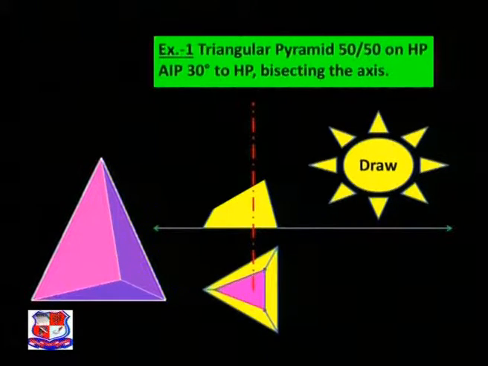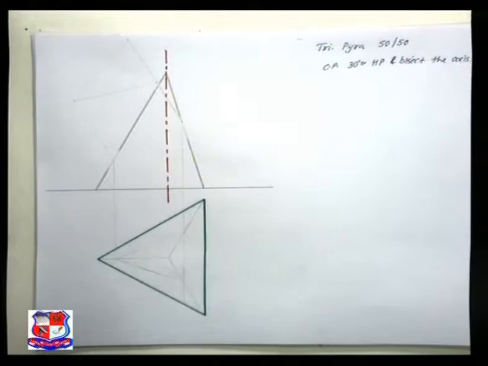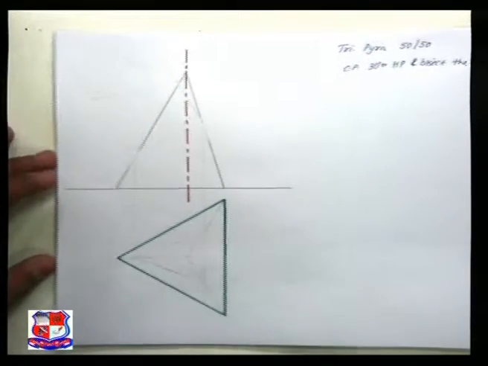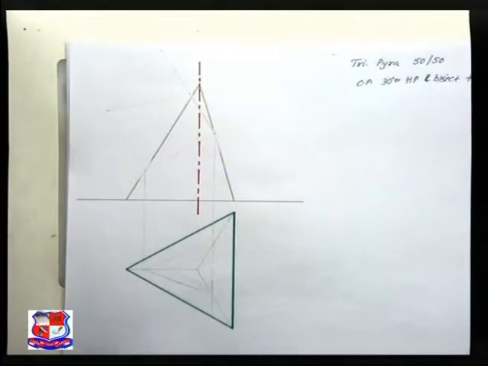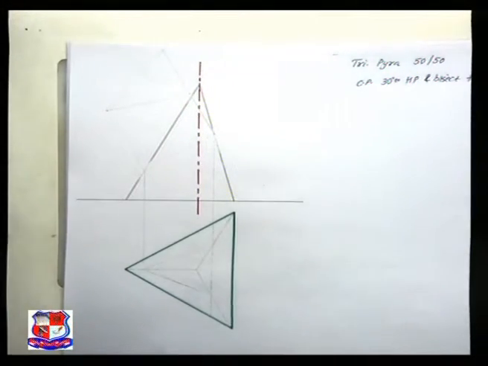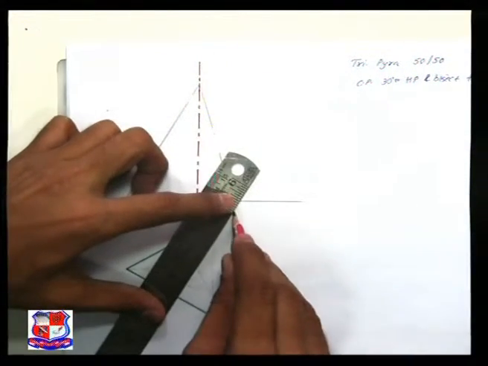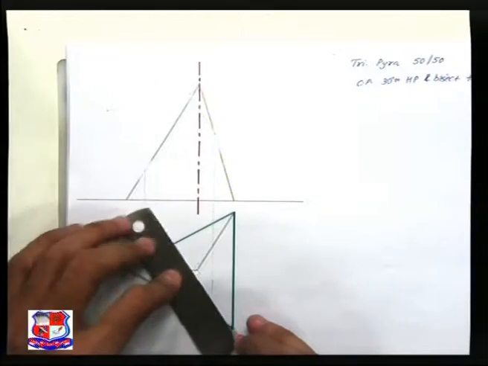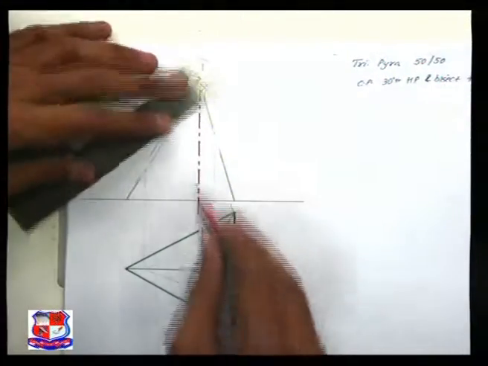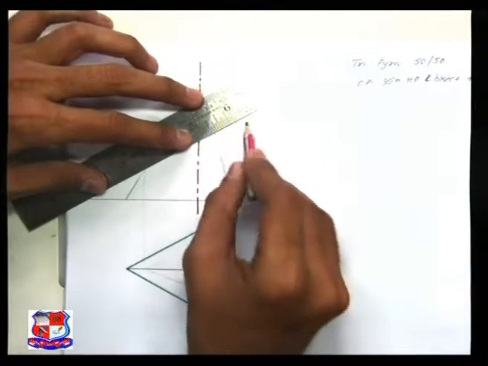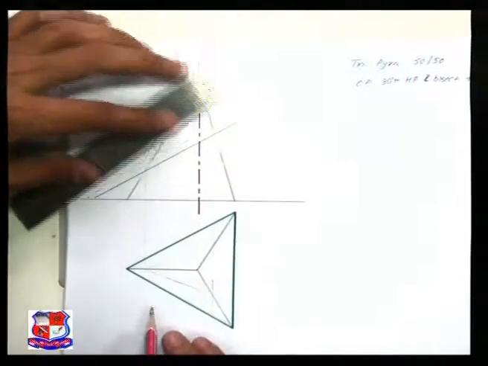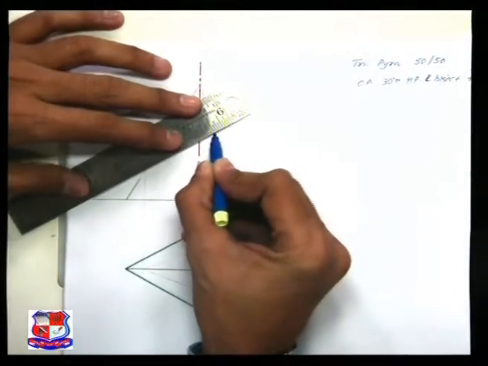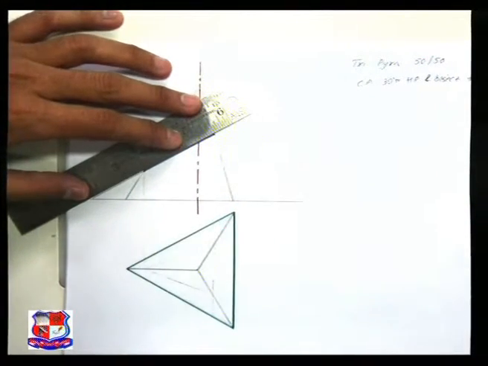So how to draw the solution of this problem? Up till now we have drawn up to this step: triangle below XY line and front view above XY line. Now here its slant edges would be like this, which represents its top view, and the cutting plane is given, which makes an angle of 30 degrees with the horizontal plane and passes through the midpoint of the axis. So you can draw this cutting plane like this, and here the solid is cut, so it could be represented by a solid line, and